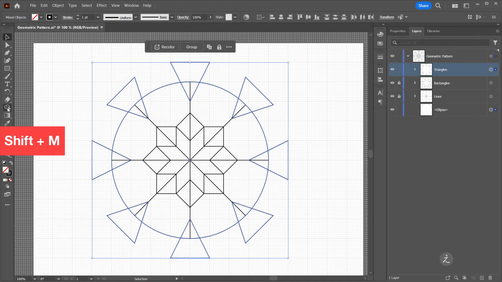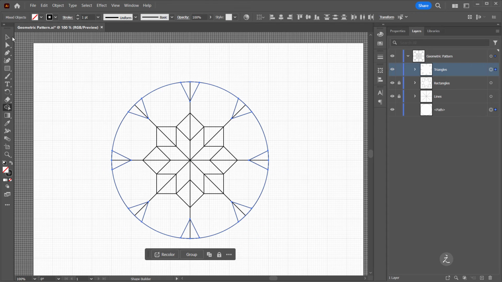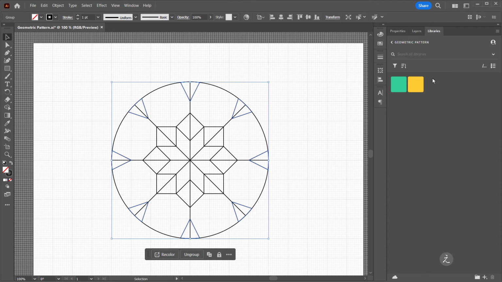And for that, I'm going to use the very powerful Shape Builder tool. So I'll click on that. And then to enter the subtract mode, I use the keyboard shortcut and just go around like so and remove those extra paths. There we go. That looks good. I'm going to lock the circle and just with the triangles selected and targeted, inside my libraries,